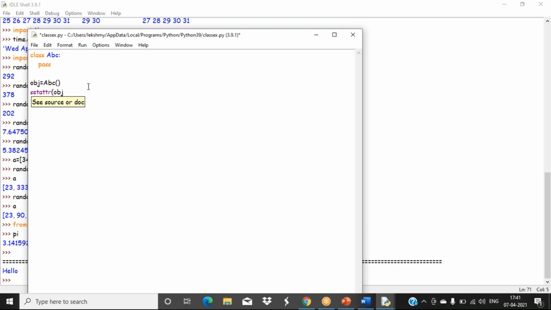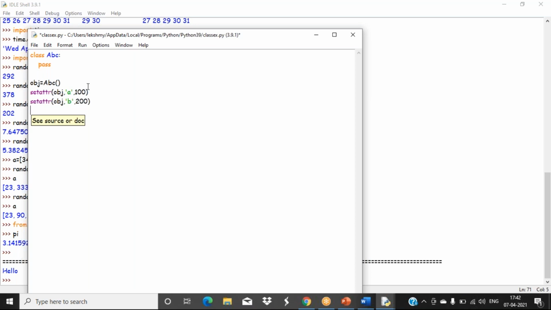For that object, we are setting a property, that is variable name is a. Its value is 100. Okay. One more we are setting, so setattr attributes only for the same object. Another property name we have given is b. Its value is 200. Like that.